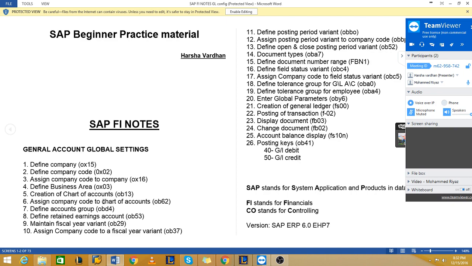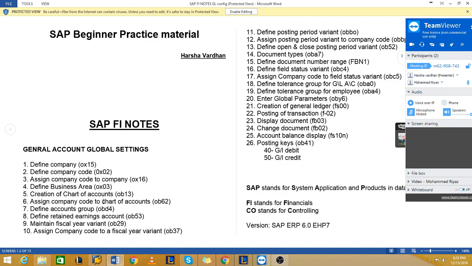Next, the document type, which is about what you are going to post. When you see a document, you will understand what type of transaction you are making. Document types identify the type of transaction, and through the document type you can also configure what type of accounts should be allowed in that document.